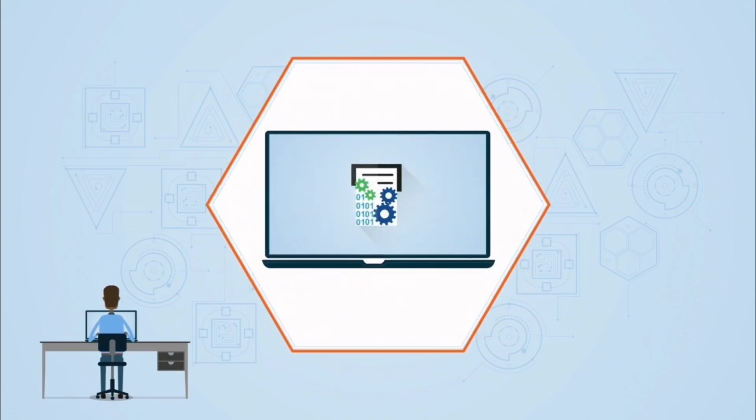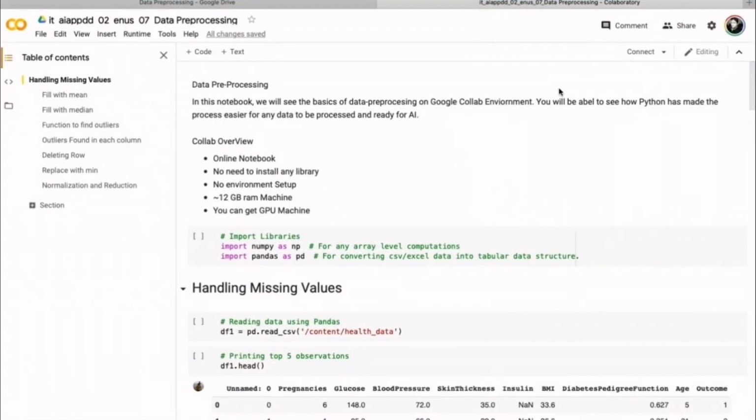In this notebook, we will see the basics of data pre-processing on Google Colab environment. You will, for the first time, be able to see how Python has made the whole process so much easier for you to do any pre-processing for any of the AI models that you have to do. Before we go into data pre-processing, let's quickly see some of the features of Google Colab that we have covered